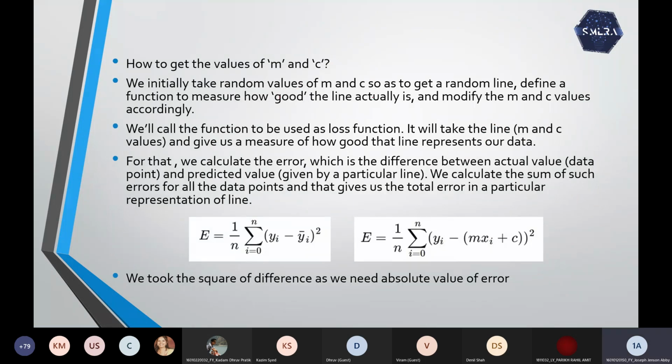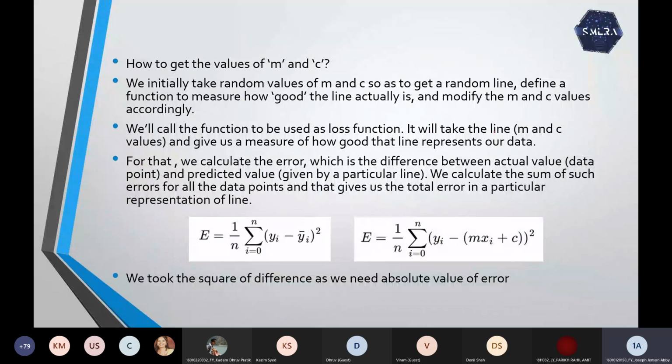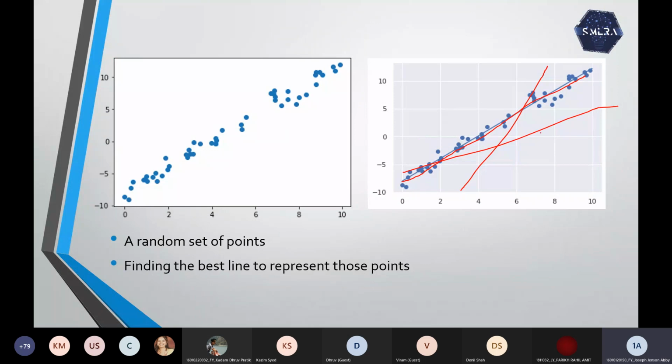All right. So a loss function is basically a means to define how good our line is. Now I'll explain what a loss function is and why it tells how good the line is. If you consider this line, say suppose at 6 this value is there, at 8 this value is there. These values are predicted values. The line is telling me what values of y there are based on x. These individual points are the data points.